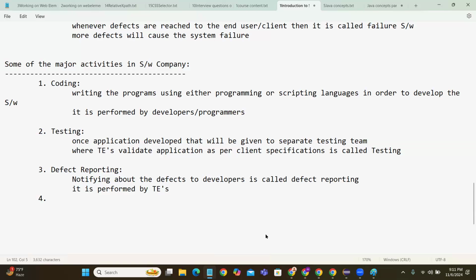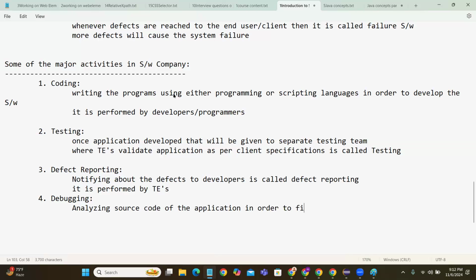This is what we call debugging. What is it? Debugging means analyzing the source code of the application